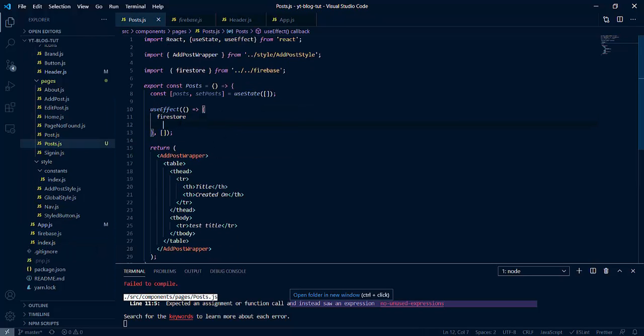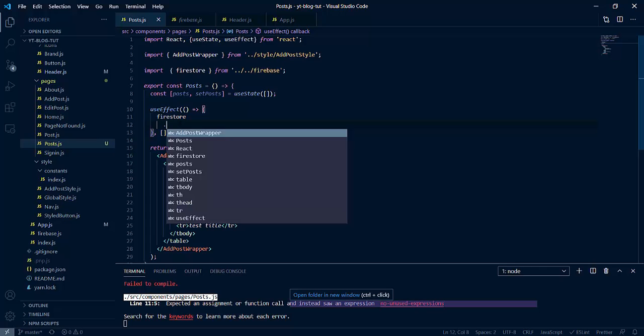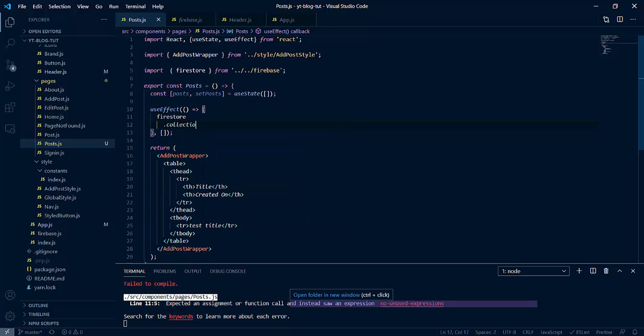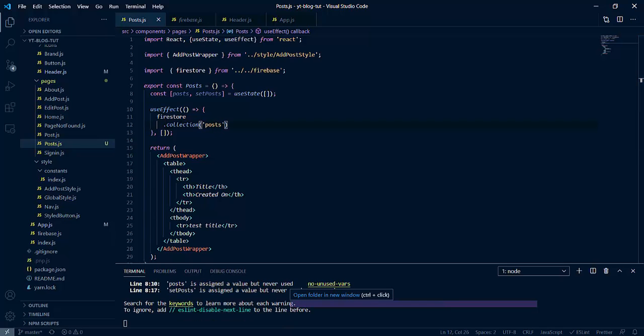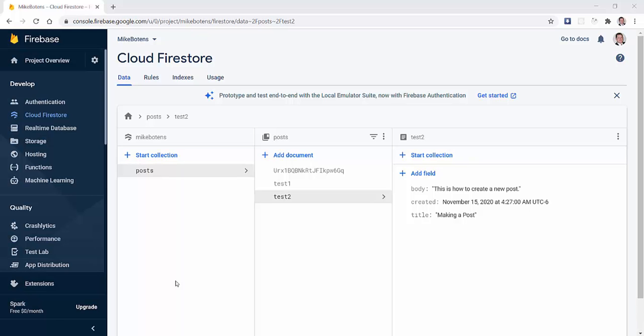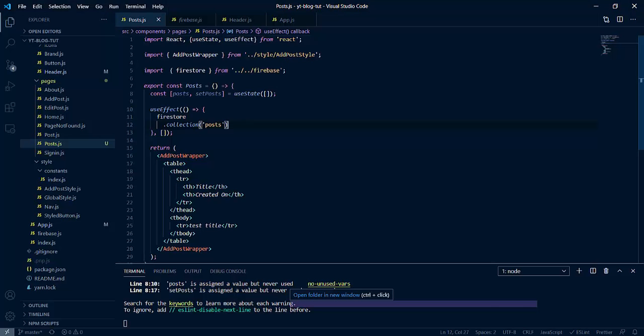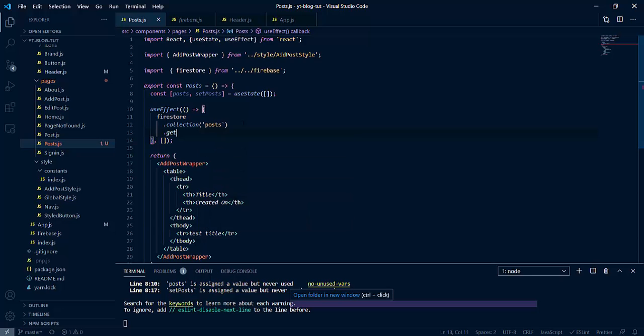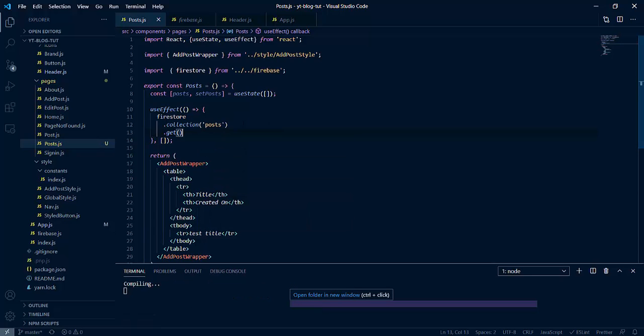So Firestore, and the next thing you want to specify is the collection. So our collection is posts, and you get that from the Firestore website when you set that up. So right here, this is the collection we're looking for, posts, and then it holds these 3 documents, and so that's what we want to access. All right, so back in posts.js, we're accessing the posts collection, and we want to do a get, and we're just getting everything. So just do a get,